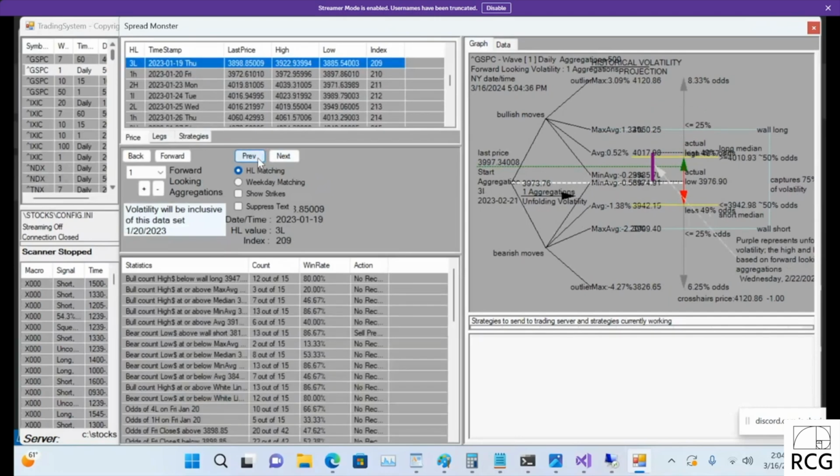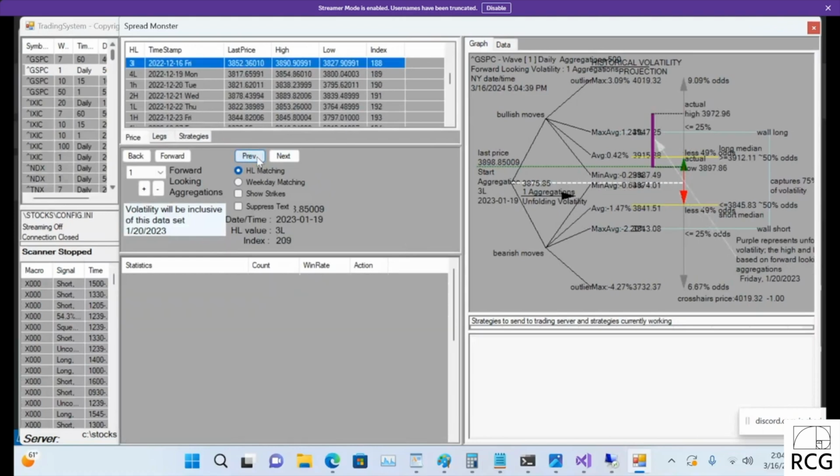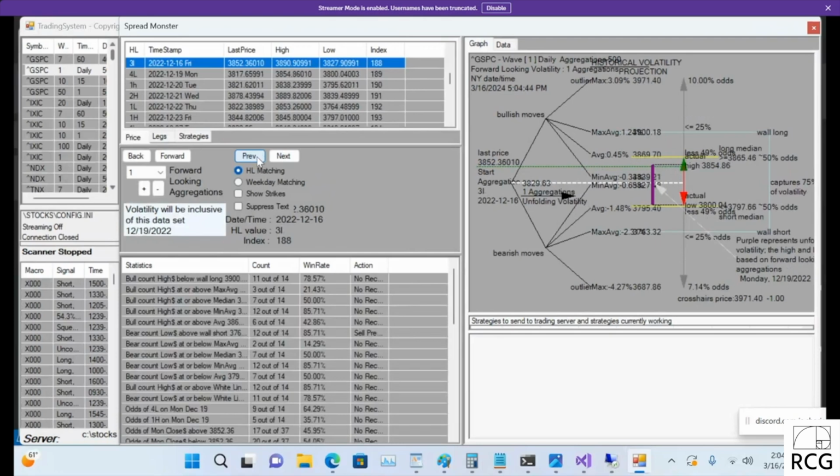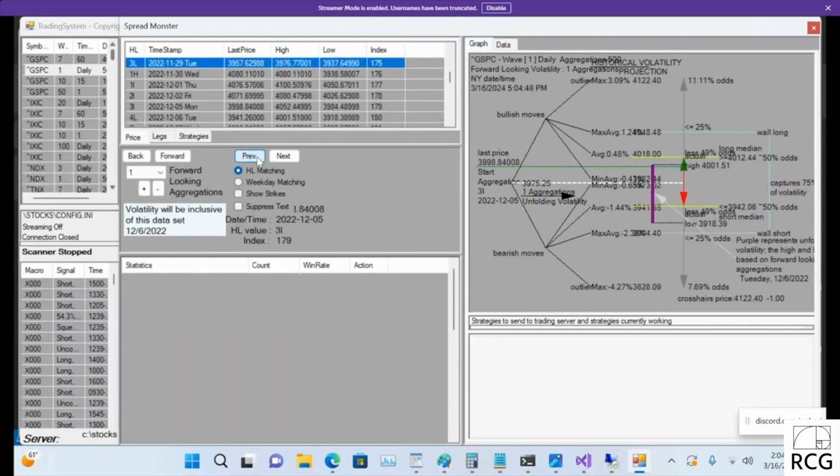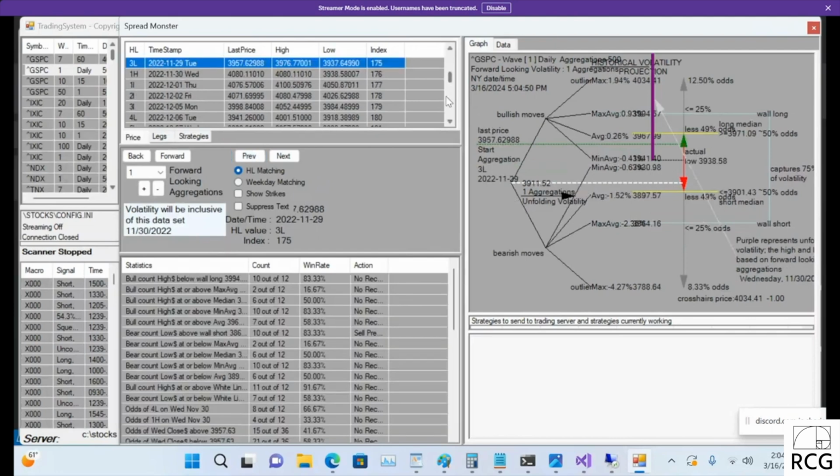Got above it. Shot way above. So there it didn't get up to it. Didn't get up to it. Shot way above it. So it's just a way to be like, okay, what could be incoming for the session by checking past